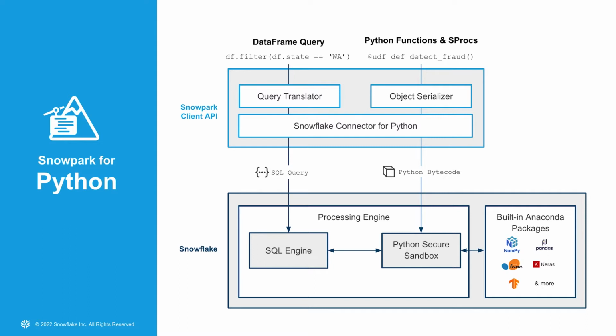So I can do very, very large data processing, without data movement, but working from my environment of choice. And that's what the data frame querying and stuff will do from the client side. The other pieces are the functions and the store procs. Functions enable you to bring custom Python code into Snowflake, and store procs enable you to package that code,